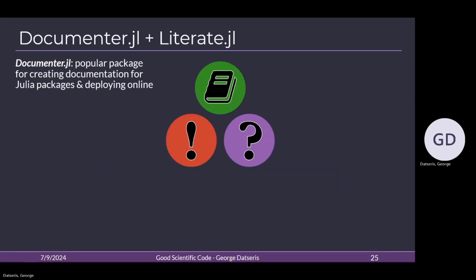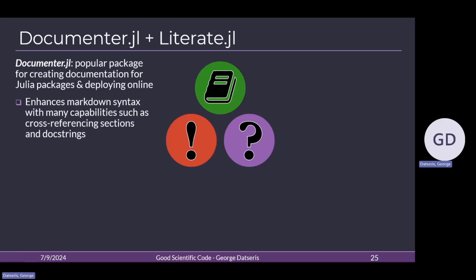Great. So when we compile our tutorial, we are using these two packages, Documenter.jl and Literate.jl. Documenter is a popular package, in my understanding the most popular, for creating documentation for Julia packages. Its main features are, first, that it provides these enhancements to the Markdown syntax. Some we have already seen, for example, this @ref special syntax. It executes Julia code blocks and interlaces them with their output.